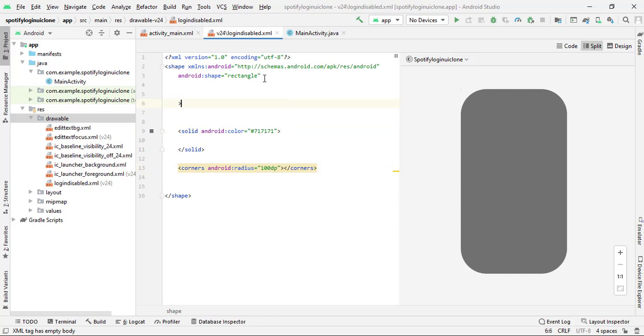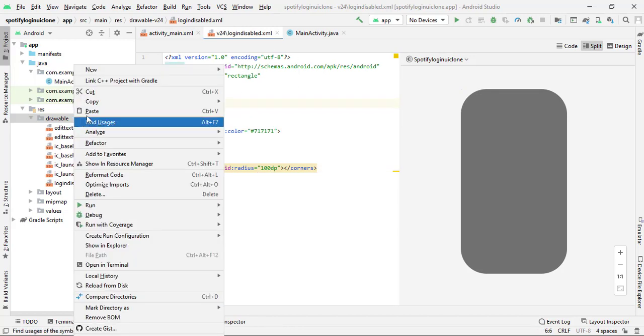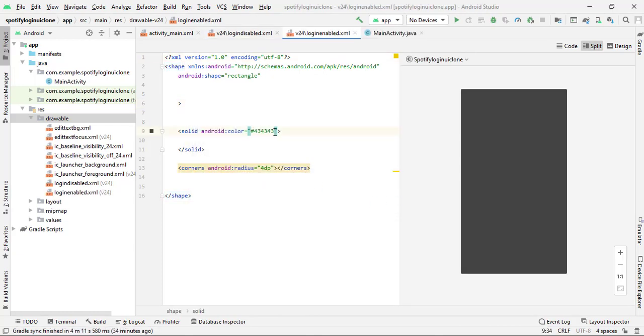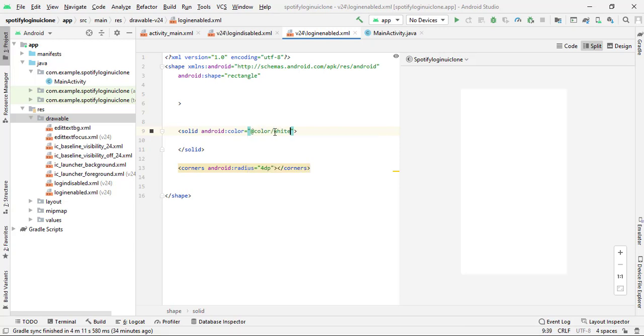So this is done. Now the drawable file created successfully. Now again right click on drawable, then click on paste, and we have to create a login enabled file. So login enabled, and then click on refactor, and I need here white color. So I simply type here color white. So this is done, and I have to make change here. So this is 100 dp radius to make it perfect round.